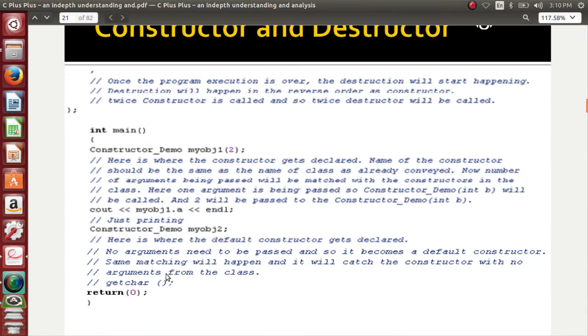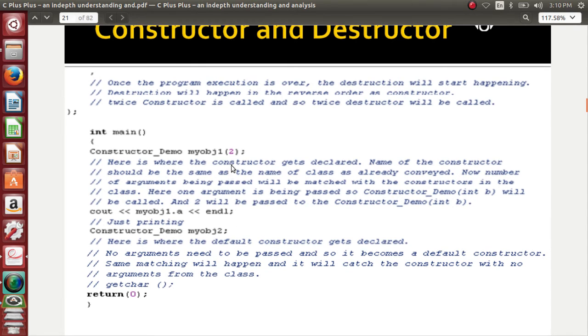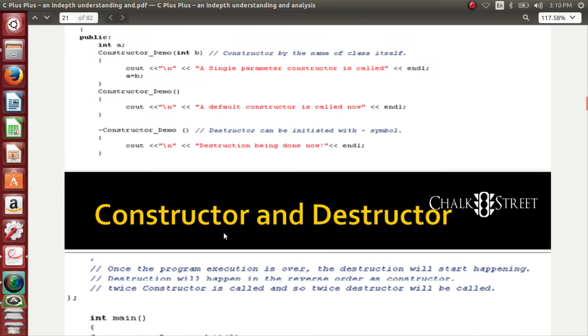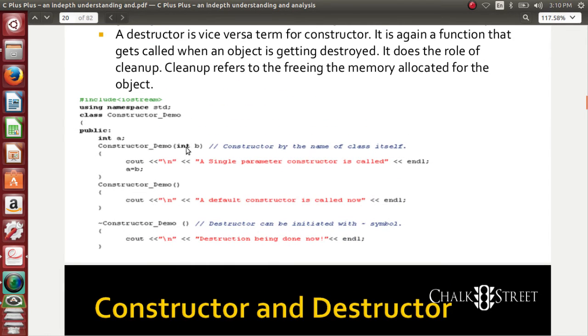This is very important. I am now creating another object here, but I didn't have any parameter or any argument. So now the compiler will again come here to see if there are any constructors without arguments. So this is the one that has no argument. Now this is referred to as a default constructor. So the compiler is brilliant enough to understand or to catch the right type of constructor for your call.